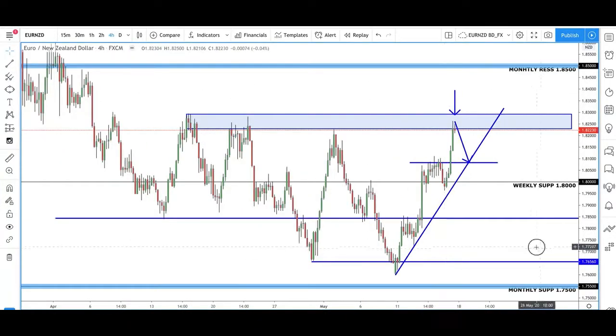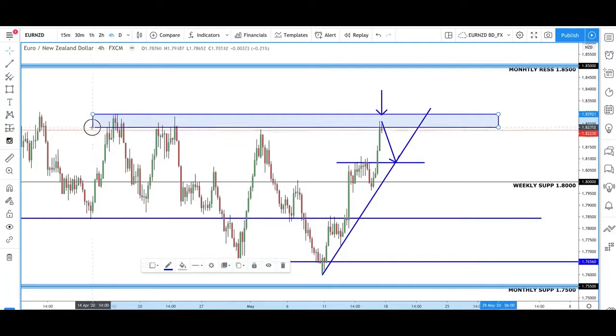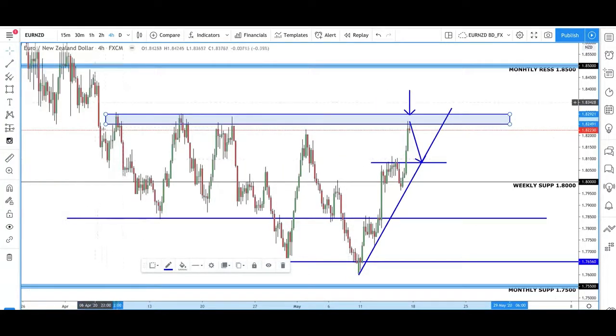So price had a strong push, but even with that strong push here on Friday, break above this sort of consolidation zone. As I said, we were just sort of bouncing around there on Wednesday, Thursday when the market was flat. Came down, tested the low, pushed back up to the upside, and we've come into the strong area of resistance now. Even if we take it back to prior resistance, so we've got.